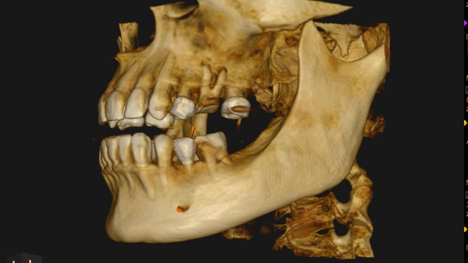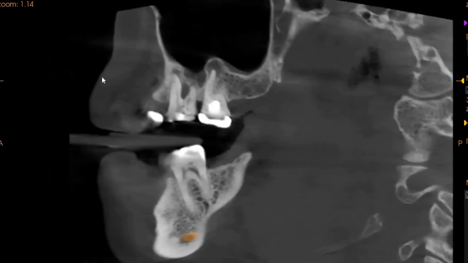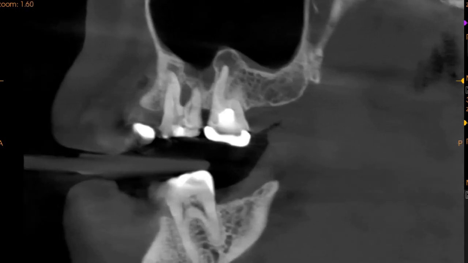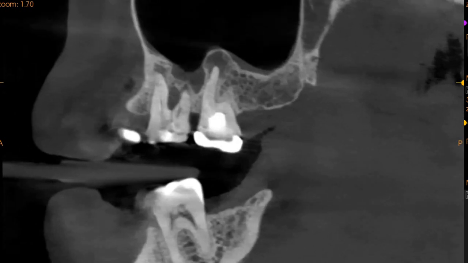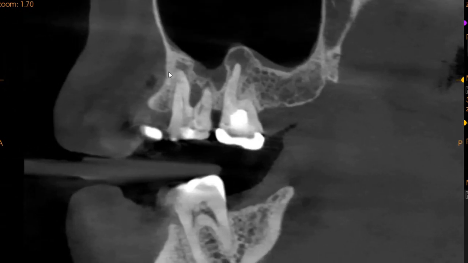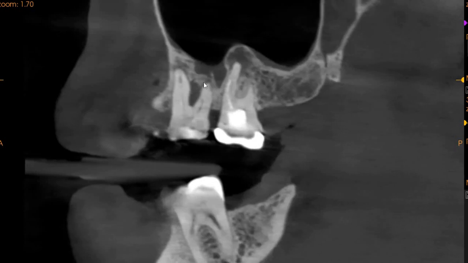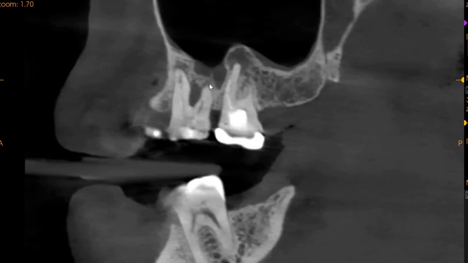Now moving to the sagittal view. This is the sagittal view of the patient. I'm going to slightly zoom in for our kind doctors. We're looking at this tooth at 150 micrometers. At 150 micrometers, we can clearly see in the sagittal section that there is a radiolucency present intraradicularly, and